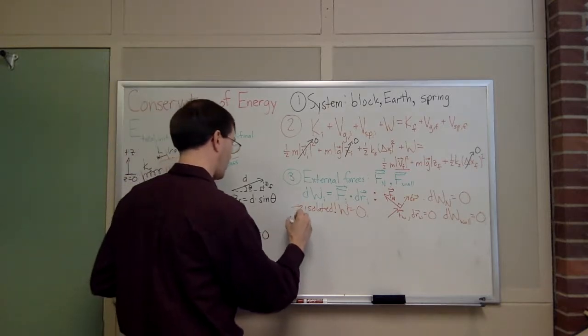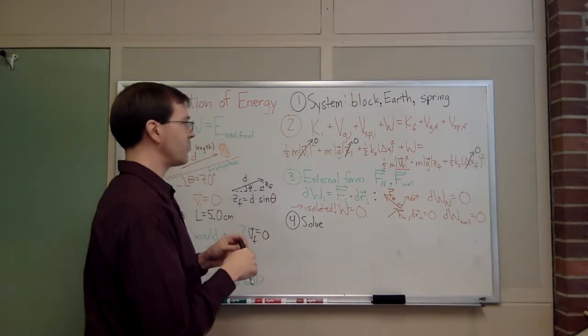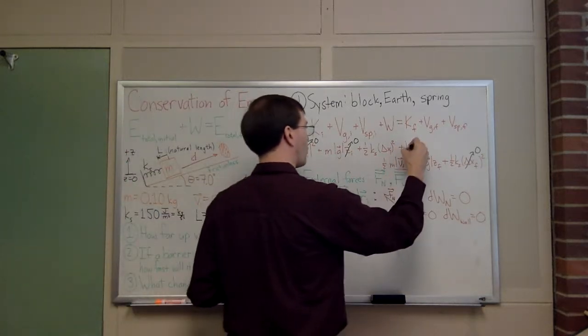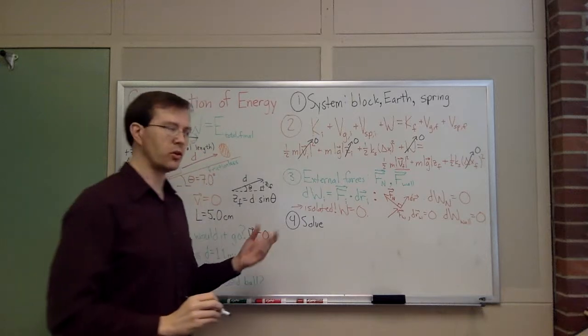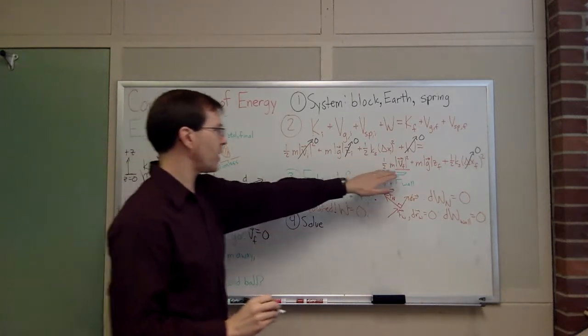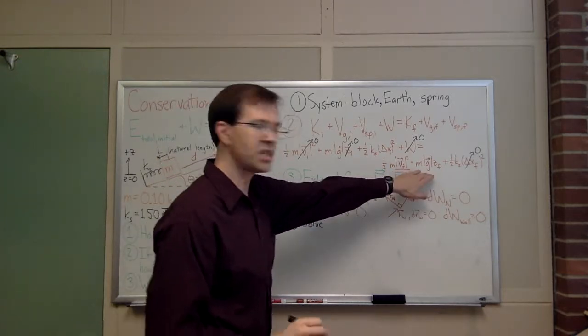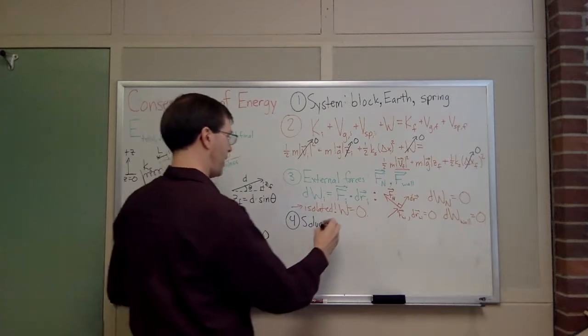So for solving, when I look at this, remember, we figured out before that the work due to external forces was 0. So all I have to do is get this 1/2 mv squared on its own on one side first. So I'm going to subtract mg z final from both sides. I will get